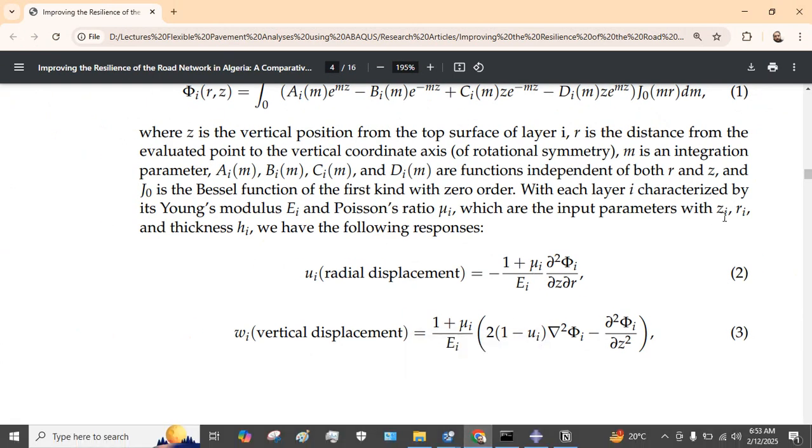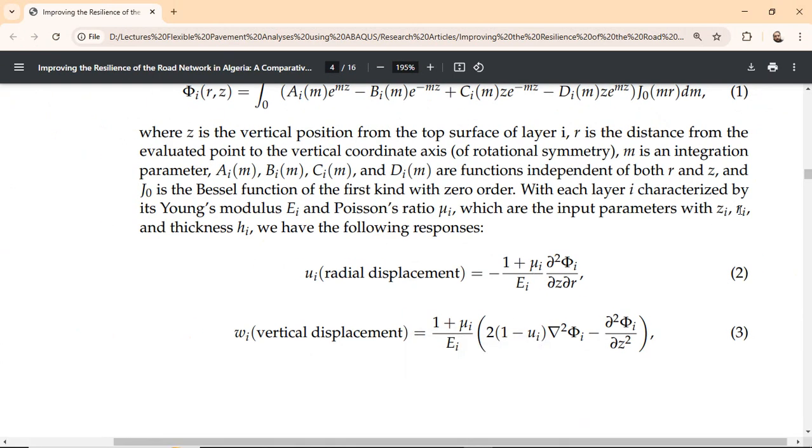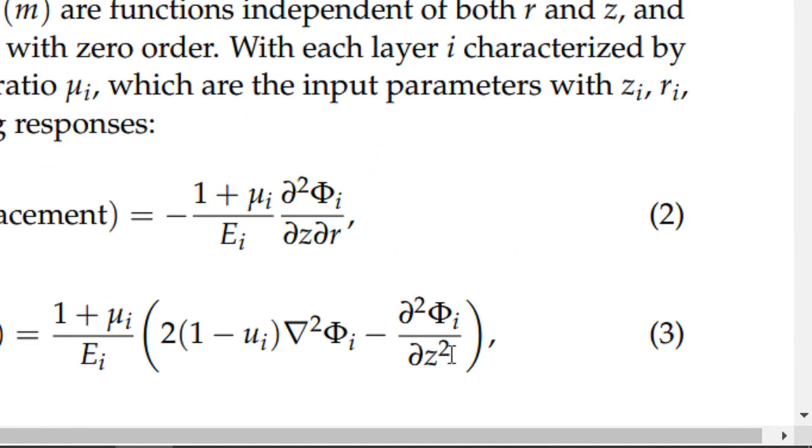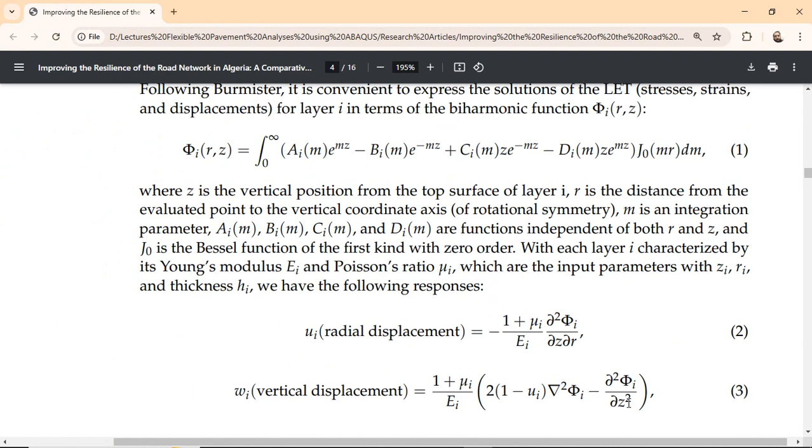So these are the input parameters, Z, R, and thickness H, right? So thickness is HI, and if we are talking about the vertical displacement, then we need to do derivation and integration